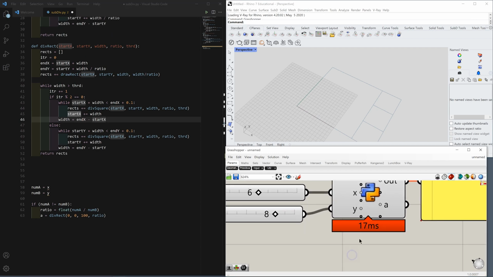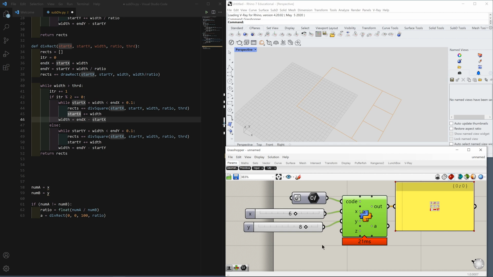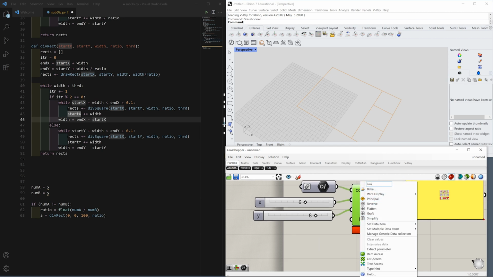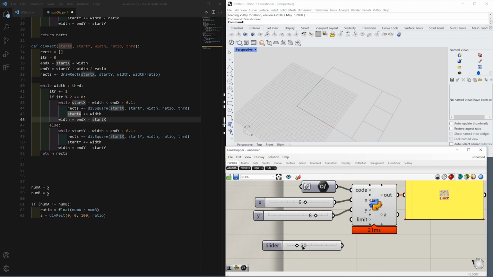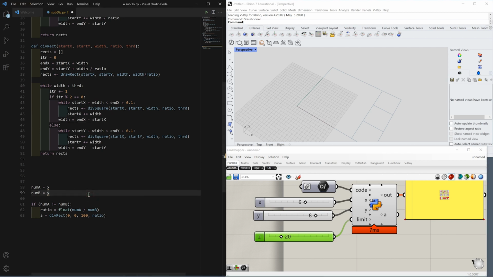Then let's go back to the Grasshopper nodes. We need to add another input here, which is thread, but we call it limit in Grasshopper. I will set it to 20 and pass this limit value into our codes. I can say thread equals to limit. And to avoid the limit value becoming too small, I will add a line of code here. I can say if thread is smaller than 10, we fix the thread value to 10. And at the end here, we just need to add the thread value as the last parameter of the function